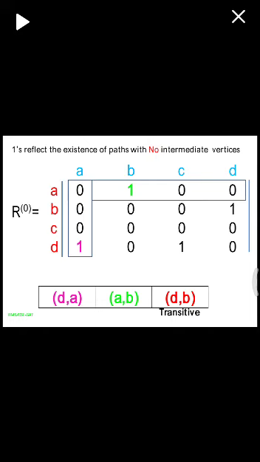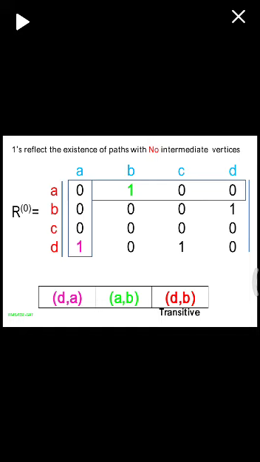Now after writing the column position and row position for the value 1, we need to merge them and get a new edge, that is a transitive edge. So D to A and A to B becomes D to B. Here the intermediate vertex is A. A is common between D to A, and then from A I am continuing to B. So A is one intermediate vertex.